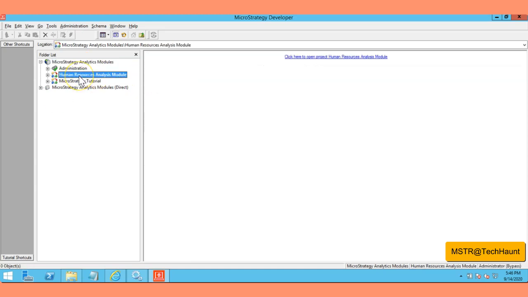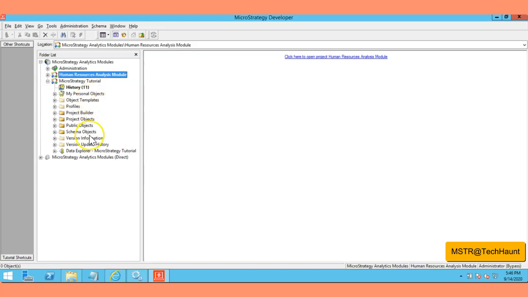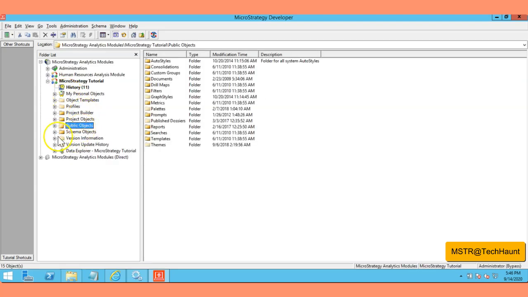At the project level we have the security filters and the connection mapping. And at the objects level, we have different kinds of objects, the schema objects, public objects, and a couple of other objects, and at the objects level we have the permissions. So it provides you multi-layer security to control the access.